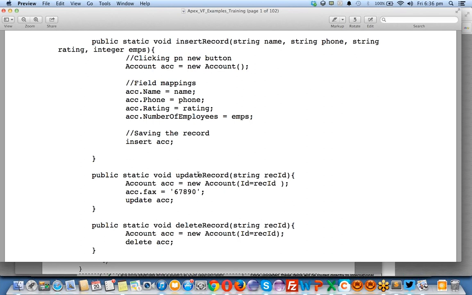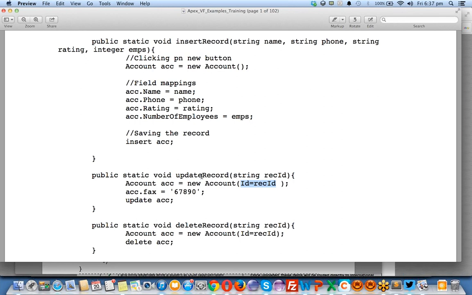Here I'm creating a new account object acc, and I'm querying only one record which has this id equal to recordId. This will get you only one record in the system. If the record is not available, it will throw an exception.